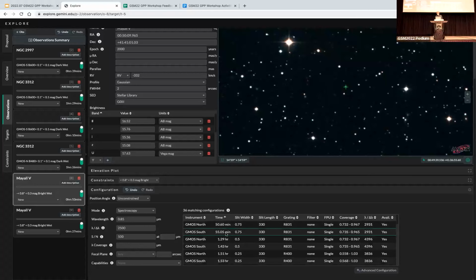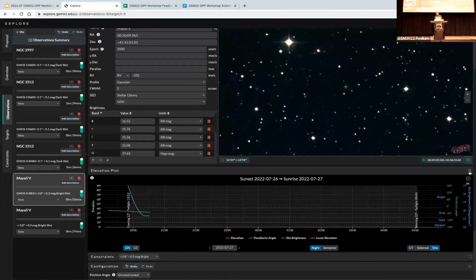So I can search by the time. And you see these are the fastest options to reach that. One option for the north, one for the south. Let's say I pick one, but I'm not sure which one I should use or which one is possible. One way I can determine which one is the best is to look at the visibility. So I'm going to bring up the